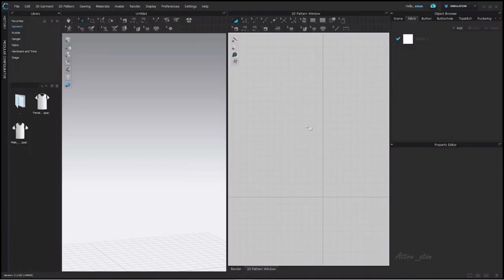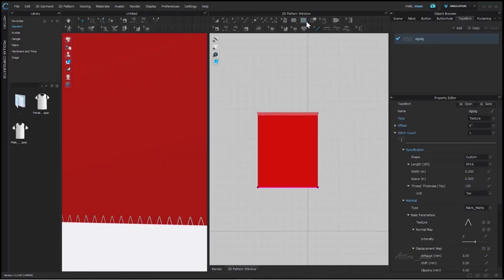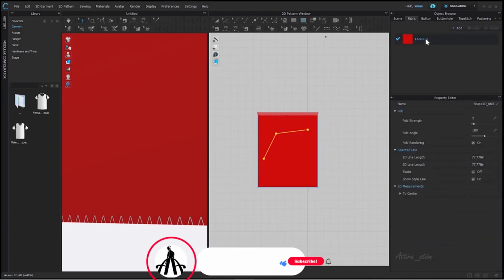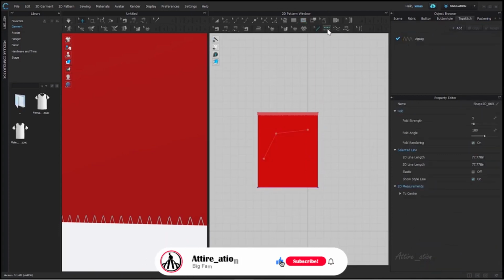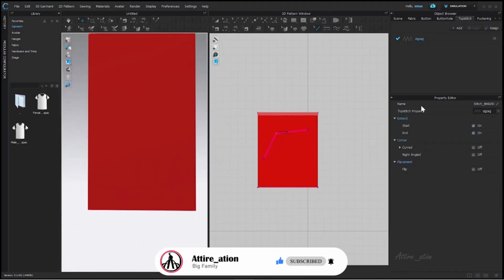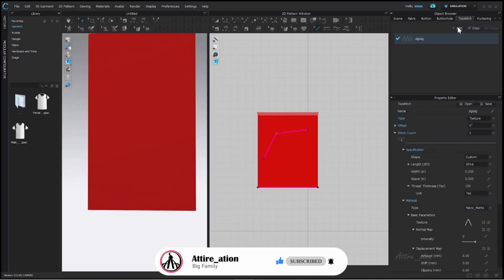Here we need to create a rectangle again. Let me do that in fast forward. There is one more thing that I need to tell you, that you can apply top stitch anywhere required. Like I am creating this internal line and applying the top stitch with the help of the free top stitch tool. This is all about the extra information.